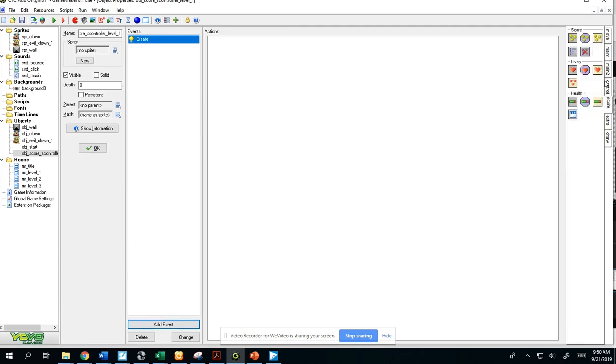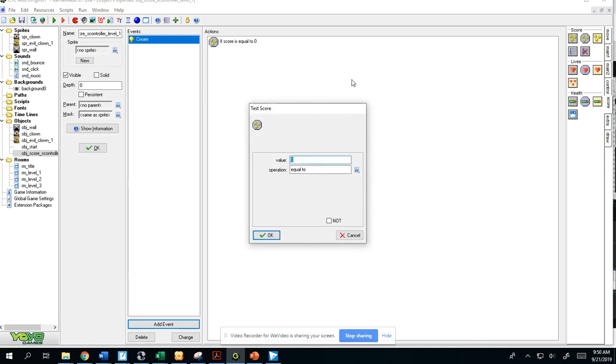And I'm going to do, let's see if I can find the right one. Oh, so close. Test score. What a test score does is it kind of creates a function that if your score reaches a certain point, then it's going to trigger an event. So I'm going to do a test score, and my parameters, I believe, state that once I get a score of 60,